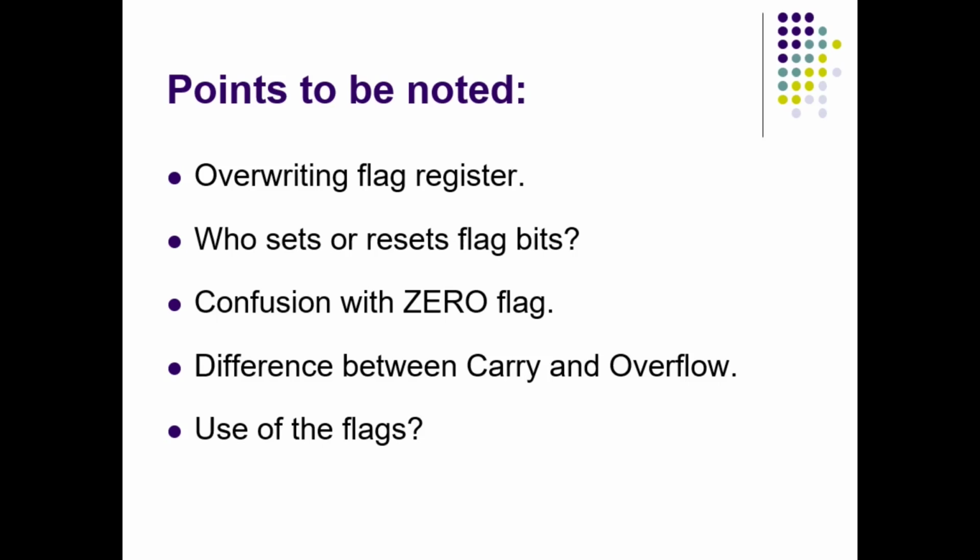Now who has to set or reset flag bits based on the result? It is the processor. Basically the ALU performs arithmetical and logical operations. Based on the result obtained, the ALU itself updates the flag register every time it executes an instruction. Or generally I can say the processor sets or resets the flag register. So as soon as an instruction gets executed, based on the result, the flag bits will get updated and it is inevitable.